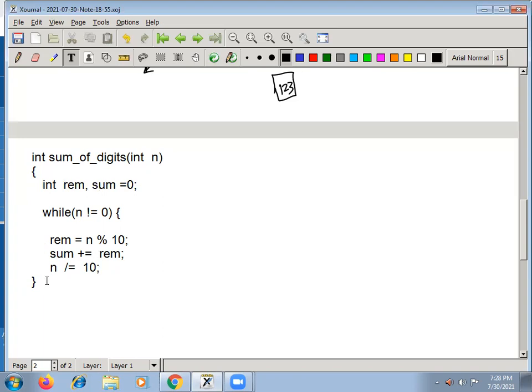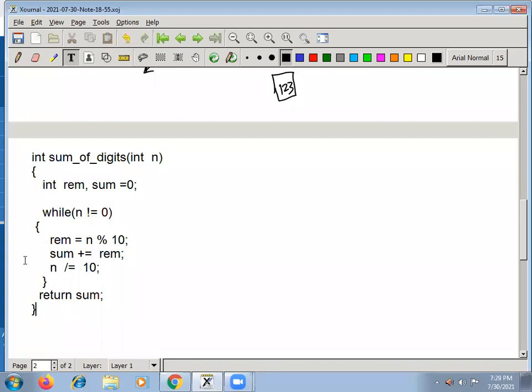And finally, instead of printing here, what you should do is return this sum. Return the sum. Then close the function here. This is the while loop close here, and here the function will close.